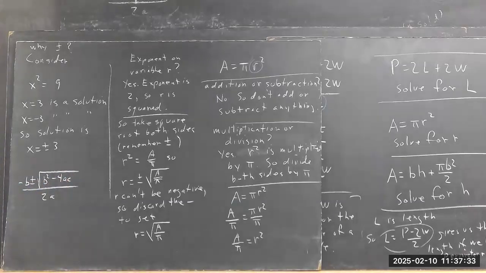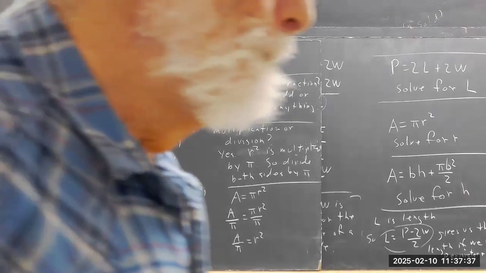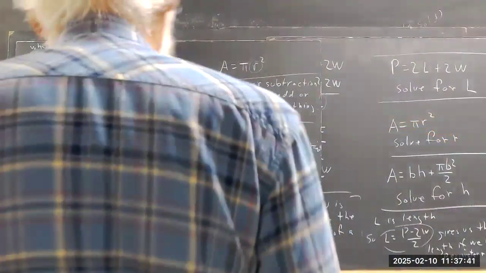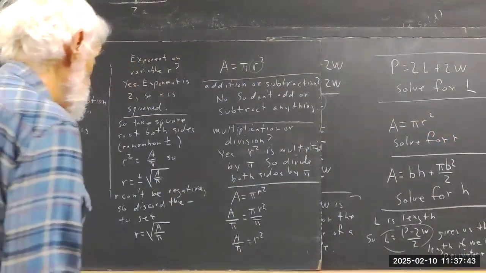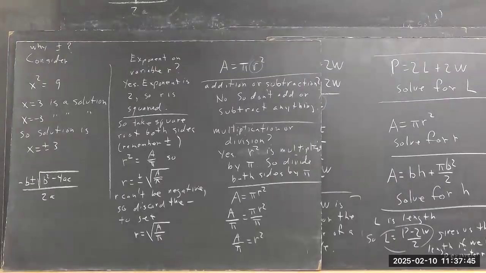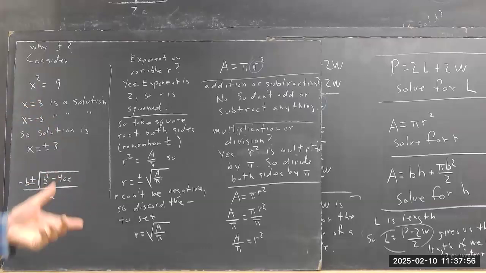You maybe have seen this, maybe you haven't. But you're going to. And it's an easy formula to use. You just have to keep your wits about you and know when it applies. And we'll stress that. Spend a whole day on that. Make sense? So this plus or minus comes about for the same reason this one does,